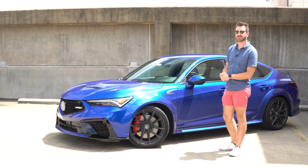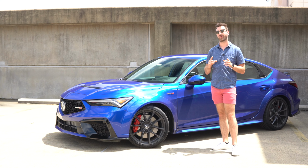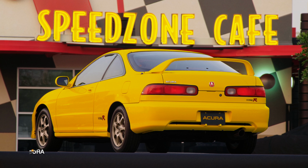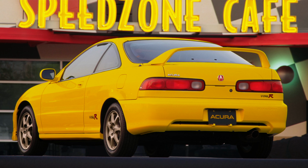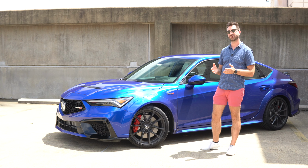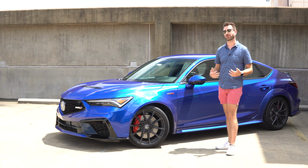Now, MSRP of this guy is a little over $51,000, and that sounds like a lot. However, if you adjust for inflation, the hottest Integra Type-R that came out in 2000 works out to be roughly a $44,000 car in 2023 money. And of course, this is indeed more expensive, but you're getting a lot more car for the money. So 44 versus 51 to me doesn't seem all bad,